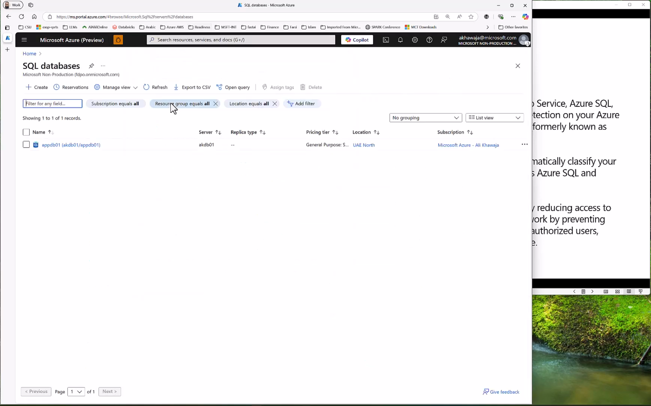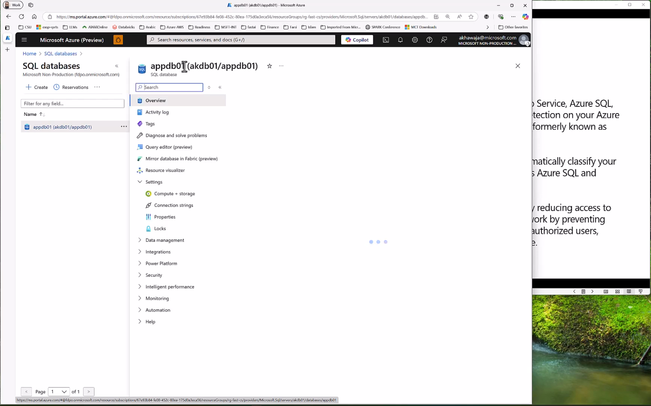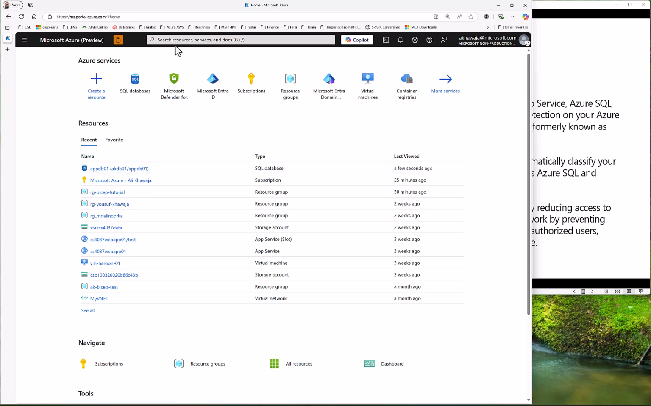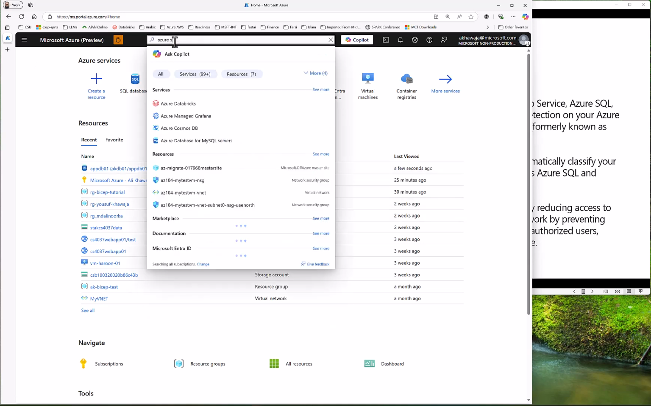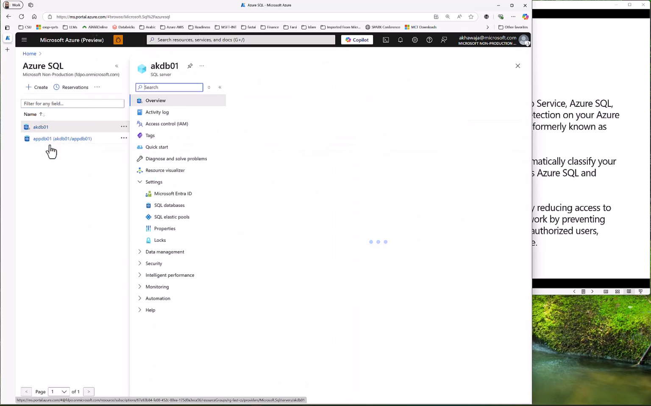SQL databases. And I'll go to the server actually, क्योंकि सर्वर के ऊपर वो है, एक यहाँ पे सर्वर के ऊपर I went to the database. I'll go to the server. I'll show you. I don't know why it is so slow right now. ये मेरा डेटाबेस सर्वर है।